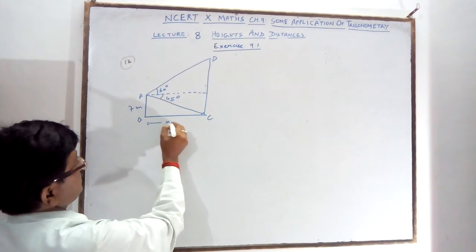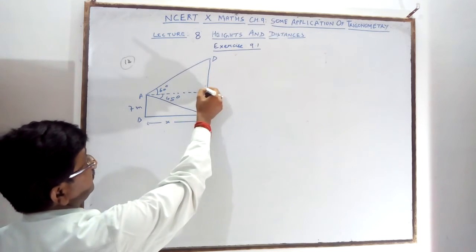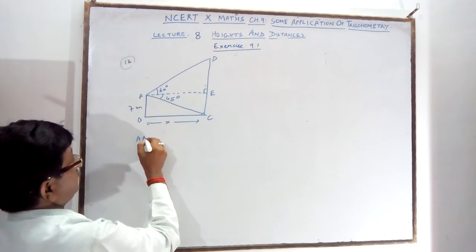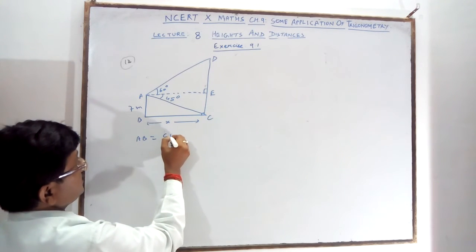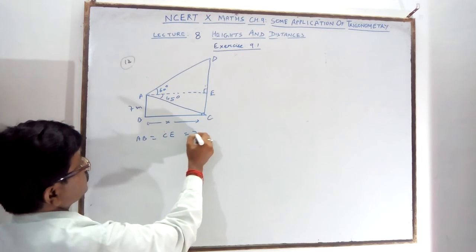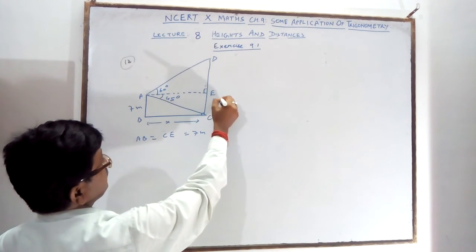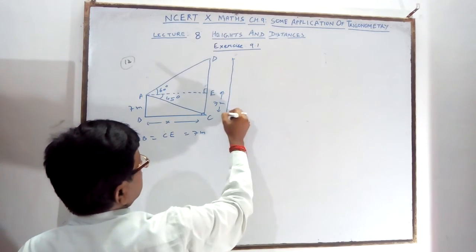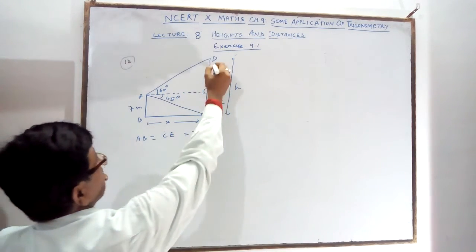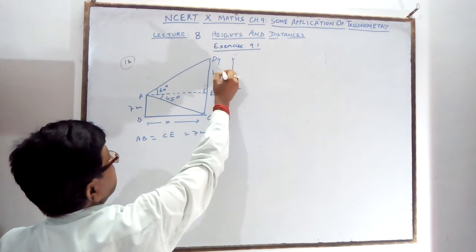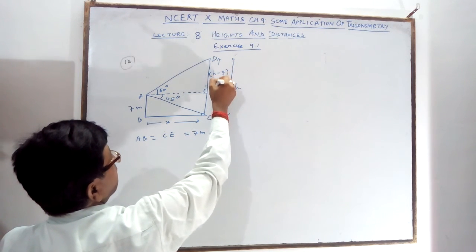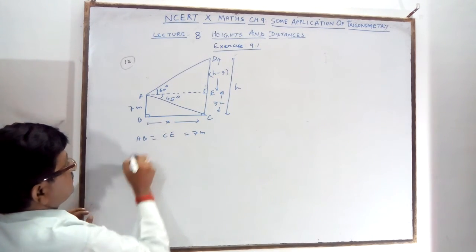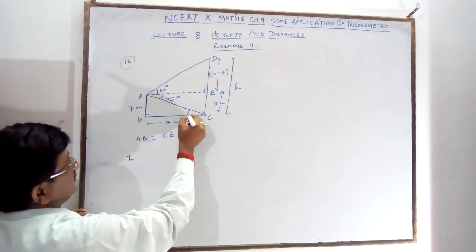Again here this size x you find out, and by this, AB is equal to CE is equal to 7 meter. It is 7 meter. This is H, the total height you want to find out. So what is this? It will be H minus 7. Till here you will get H minus 7. So first you apply in this triangle. This angle you find out.